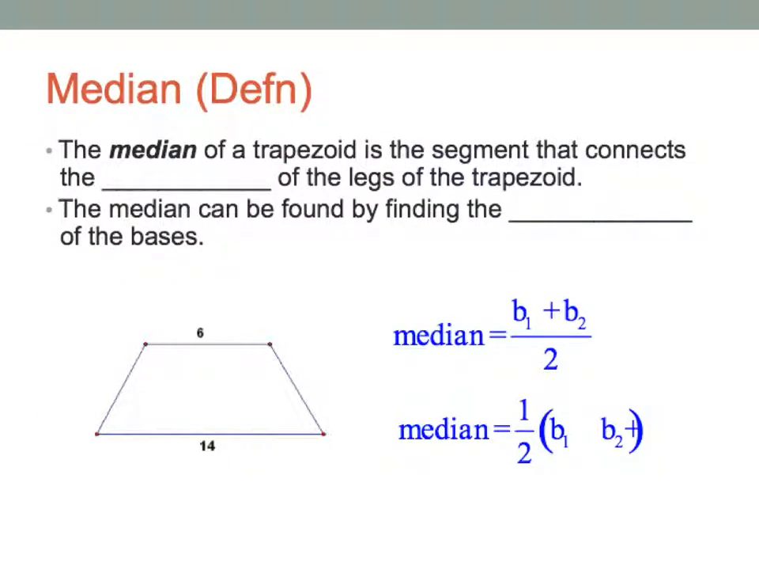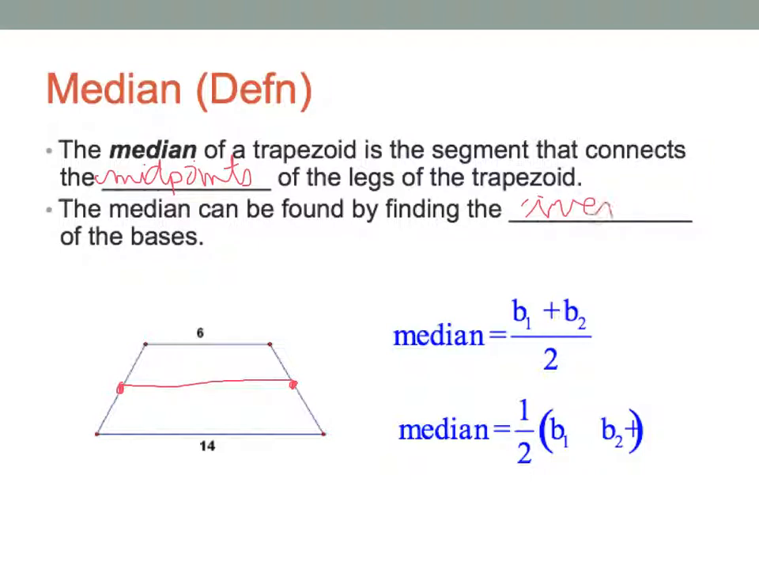So the median of a trapezoid then is the segment. Now it's a new word, and all it is a segment, and it connects the midpoint of the legs of the trapezoid. So here are the legs, and I'm going to mark in my midpoints, and the median is such a line as this. The median can be found by finding the